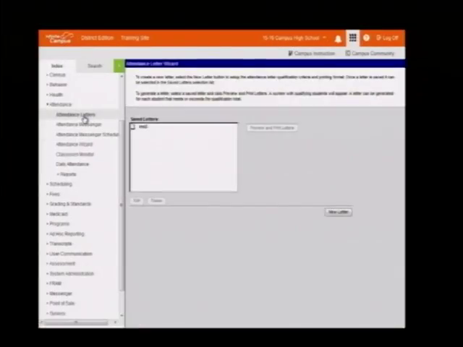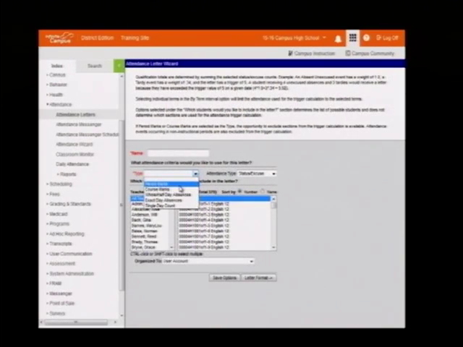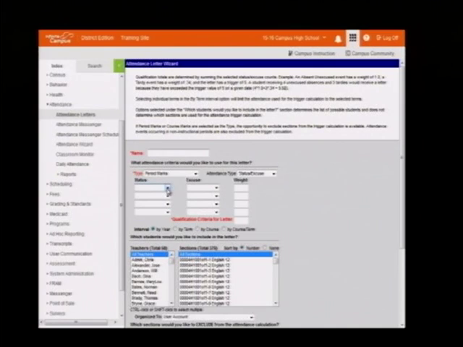Awesome. So really quick, I'm gonna just say student services will probably be providing these letters for you as well. So these are my letters. I go here, pick a new letter, and you'll pick a mode that you want to build the letters based on. It may be period marks, it may be whole day, half day, it may be by course, but we'll just do period marks, for example. Absent, and if it's absent, unknown, or unexcused, we'll just say that's a 1. And then absent, and then we're going to do unknown, and that's also a 1. So you can get any combination of that 3 times. And that triggers a letter to go home.